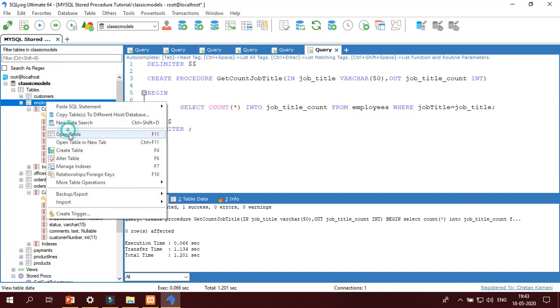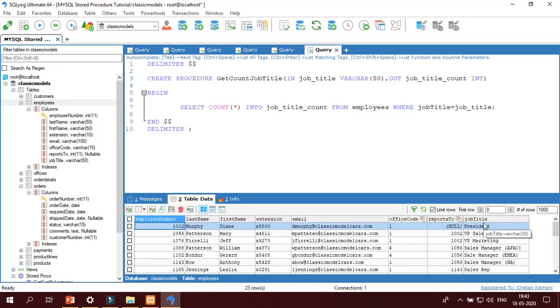Let me check whether the job title spelling is right. Okay, perfect. Now we have to specify the job title and it will give the count.